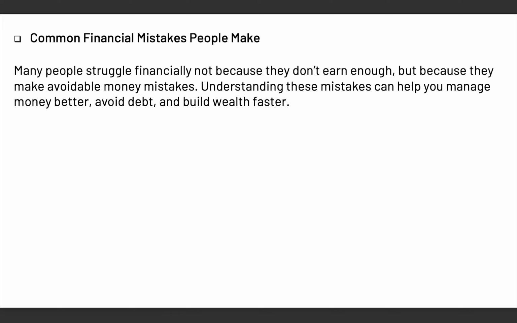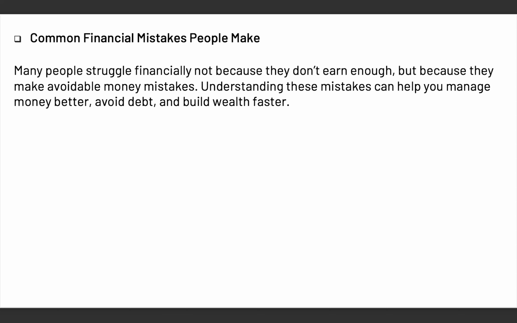So there are so many financial mistakes that people make, and that is why so many people are struggling financially. There are a lot of people who are making a good amount of money every month as their income, but yet they still struggle financially. And again, it is because they make some financial mistakes, which I will be explaining in this guide. And when you understand these financial mistakes and you know that, oh, you are doing this mistake, you'll be able to stop that mistake, and from there you can manage your money in a better way.